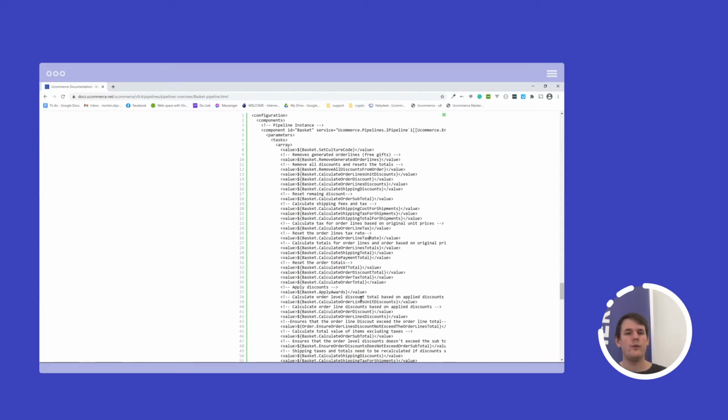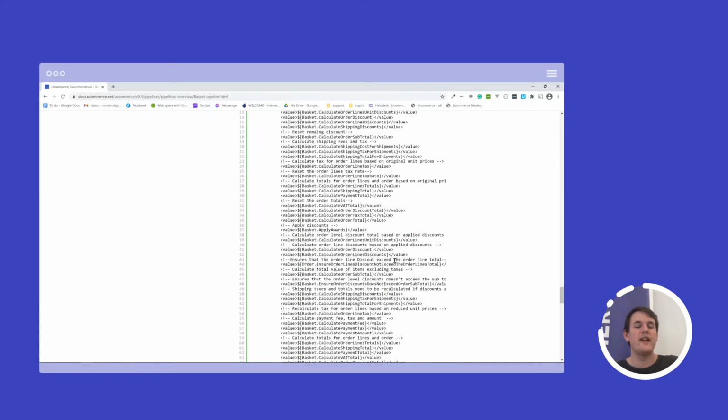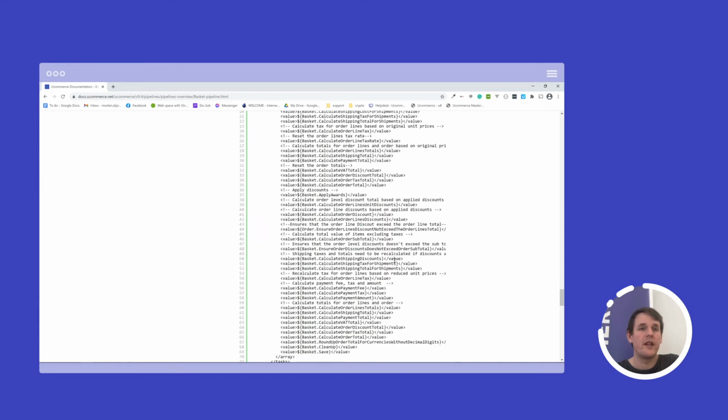So that's a good example of how you can compose a pipeline to have the business logic that you need for your web shop. That's always how the platform is extended. It's either via changing the configuration or via creating some code that you then configure into the platform. So here it makes a lot of sense what's going on.